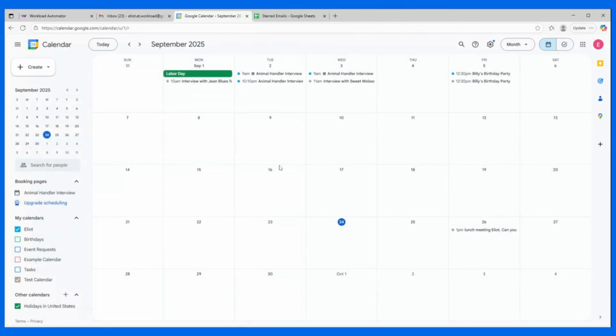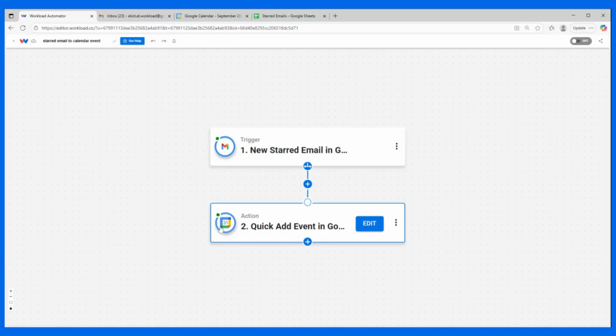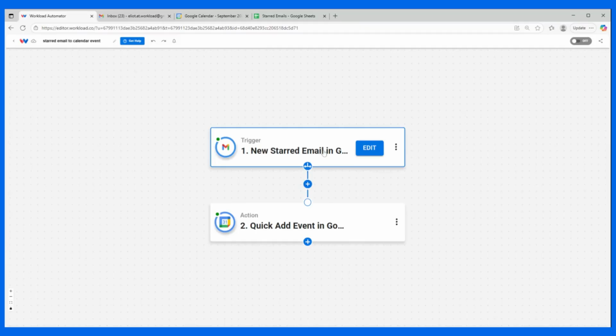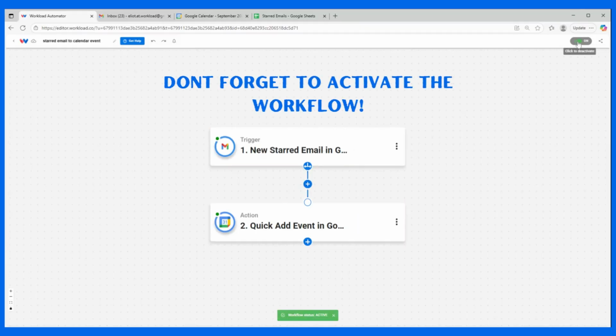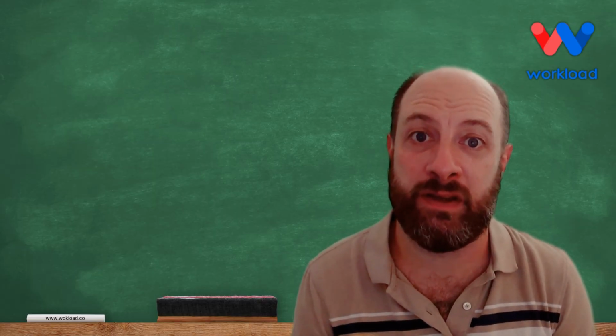So it looks like our workflow is set up correctly. I can come back over to the Workload editor. I can check and make sure there's a green dot in each of my nodes. And now, anytime I choose to star an email within Gmail, those details will be used to create an event in Google Calendar. That's how I can use Workload to build a workflow that takes emails starred within Gmail and turns them into